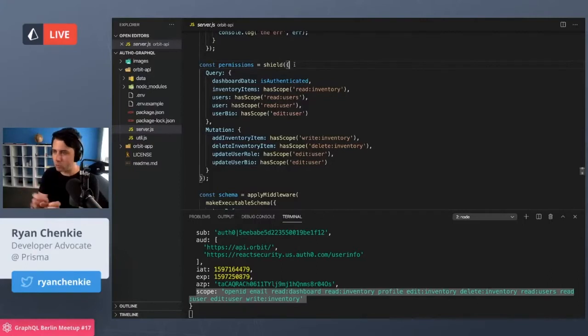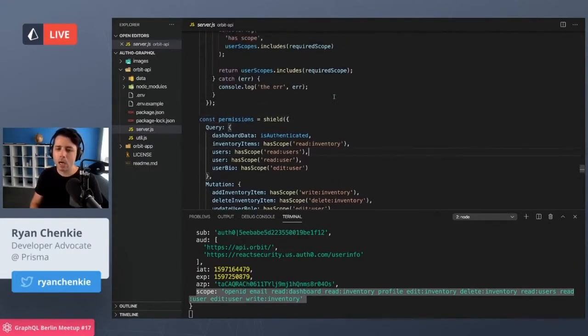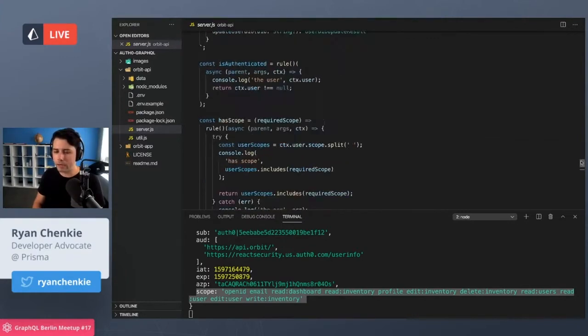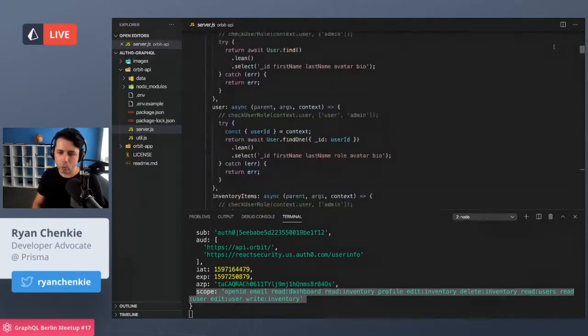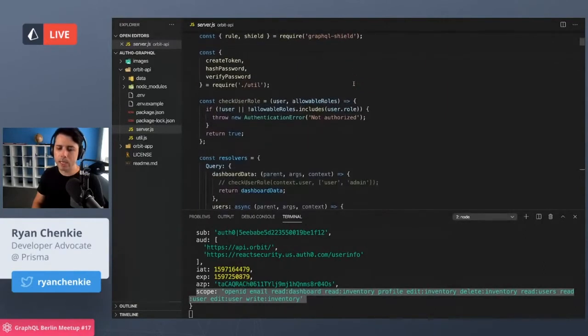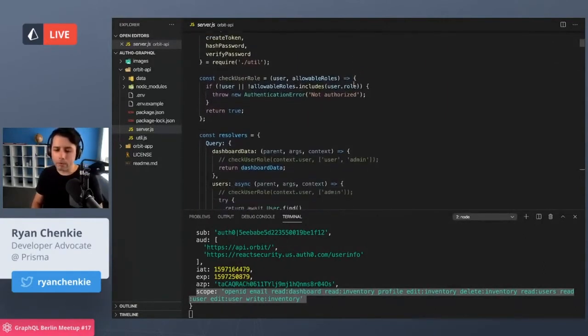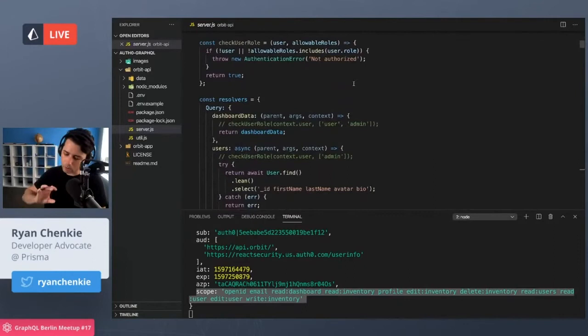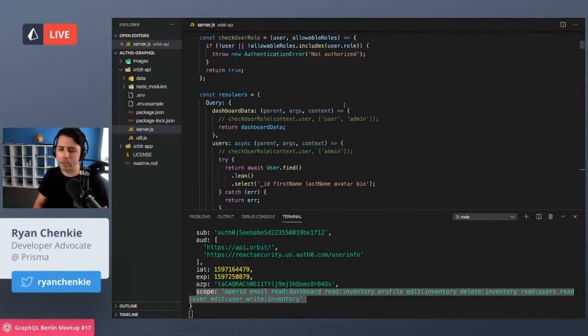You can start to combine these rules. You can start to say that two of them have to be present, or one of them must be present, things like that. The other way that people often do this kind of thing, if you don't want to bring in something like GraphQL Shield, is to just take the user off of context. So do the work of putting the user onto the context object that makes its way throughout your GraphQL API and will end up in that context argument. Take the user off of there